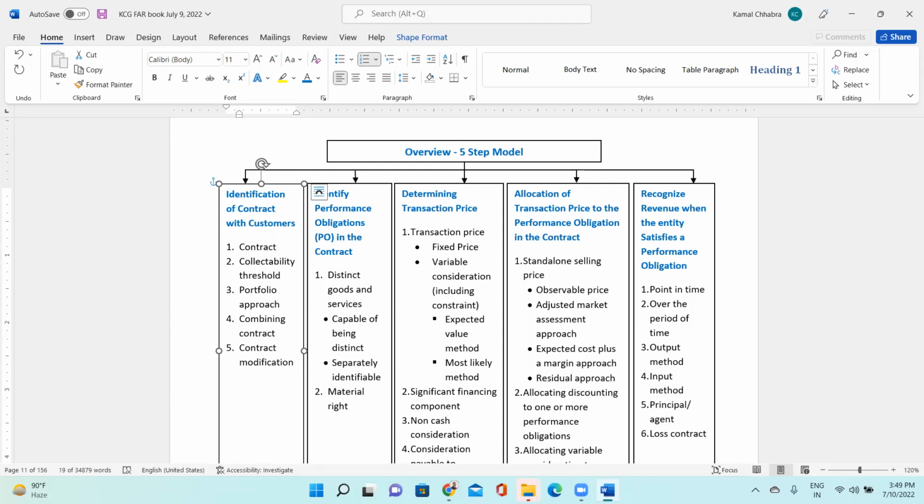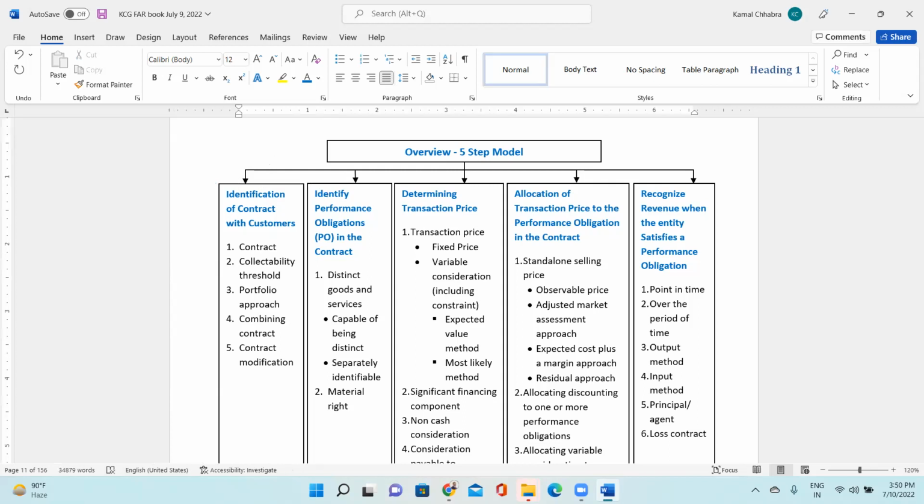So I'll consider that $50 kind of contracts are this in nature, and their revenue should be recognized in this way. Rather than evaluating agreement with Ankit, agreement with Kamal, agreement with X, agreement with Y, and agreement with Z, which does not make any sense because all the contracts are 100% the same, right? So that is called the portfolio approach of revenue recognition. Right? So next is step 2.